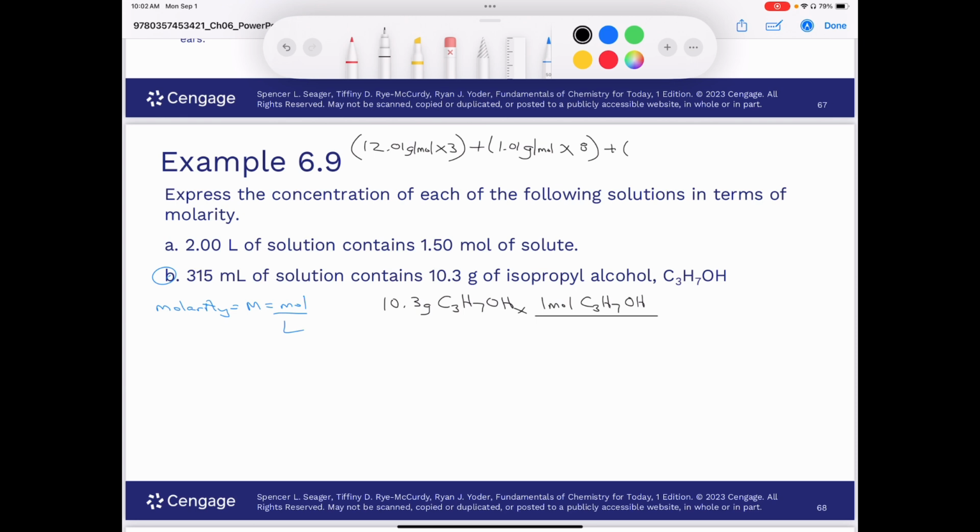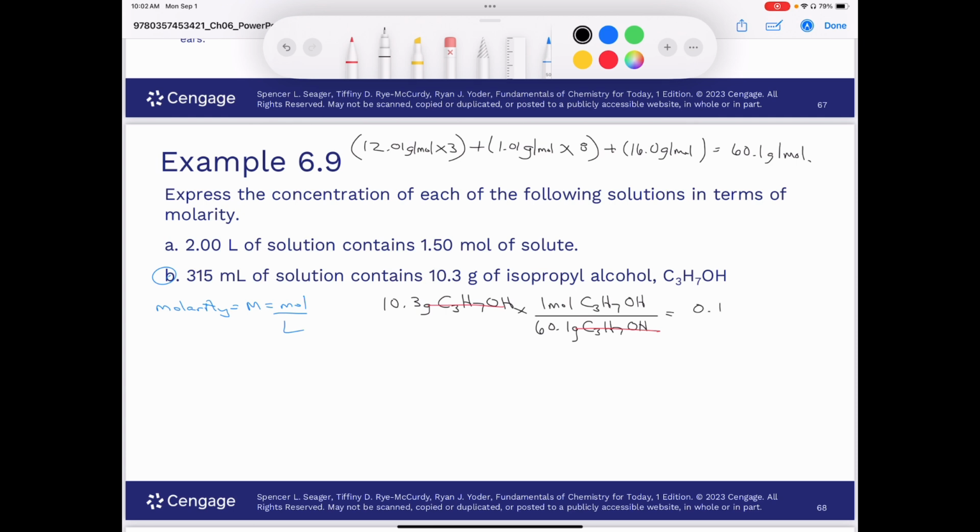And then we have the mass of the oxygen, which is 16.0 grams per mole, and there's only one of those. So we take our 12.01 times 3, that gives us 36.03, plus 8.08, plus 16, and that gives us 60.11. I'll just leave it as 60.1 grams per mole. So we'll put down here 60.1 grams of isopropyl alcohol, C3H7OH, in my 1 mole. And using dimensional analysis, the grams of isopropyl alcohol cancel and we're left with moles. So we get 10.3 divided by 60.1. That gives us